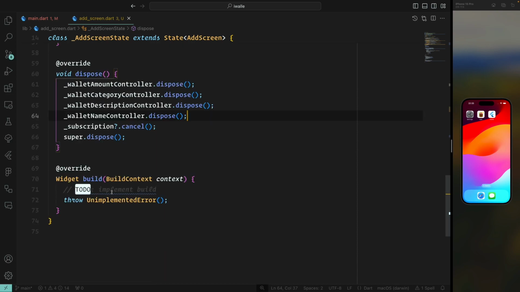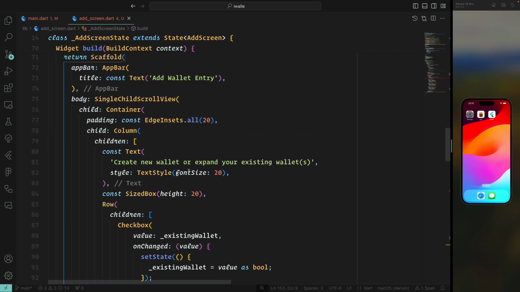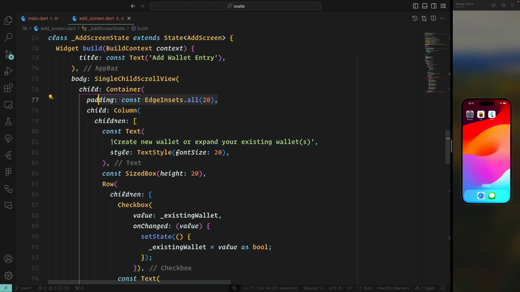Now we just need to print out a couple fields here, and then all together with the dropdown. So what we have here is a single child scroll view. Why? Because we needed to make it a bit easier to scroll whenever it goes out of the hands. And then we have also a container. We have a padding, we have a column. We pass the text just to say, okay, create your